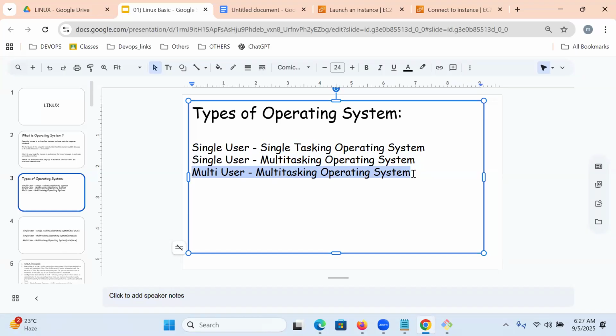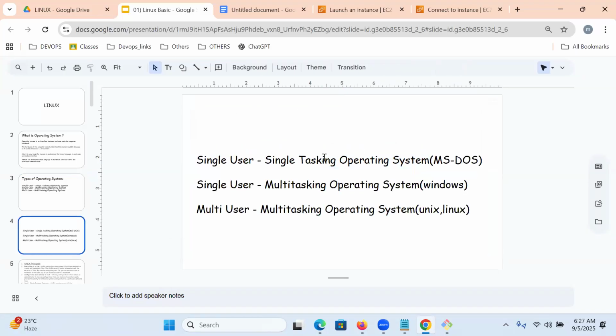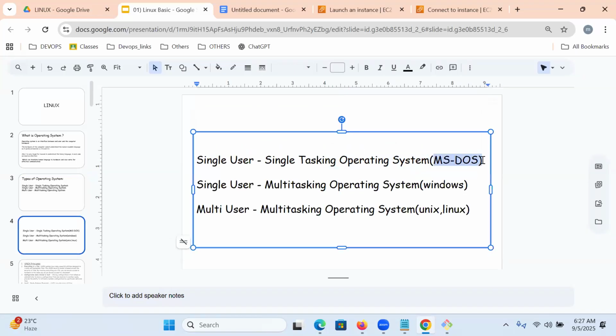The single user, single task operating system is MS-DOS. The single user multitasking operating system is Windows. The multi-user multitasking operating system is Linux and Unix.